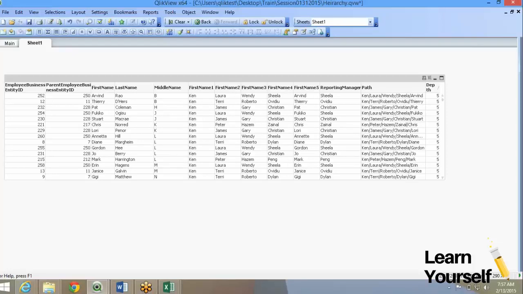So the parameters are simple. You just have to give the parent employee business entity ID. What is the field that you want to use to create this column? So I get first name. If you use last name, it will create these 5 columns using last name. So whichever field you choose, that is the field that will be used to create these number of columns, plus the path and the reporting manager, right? Now